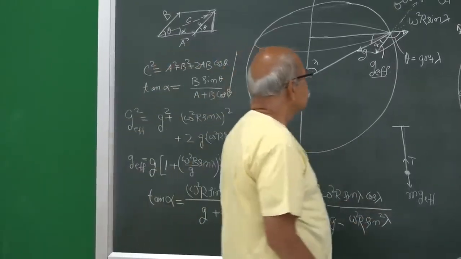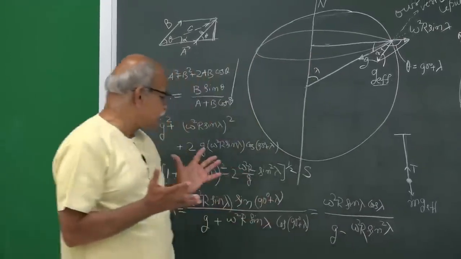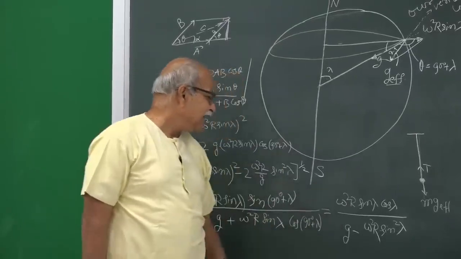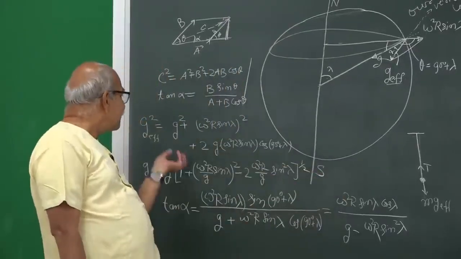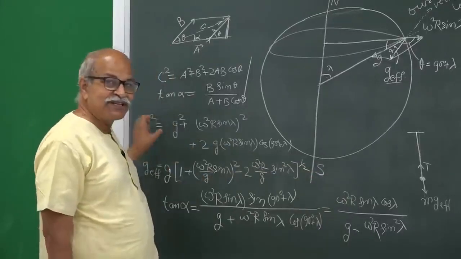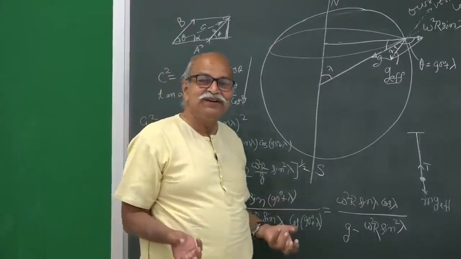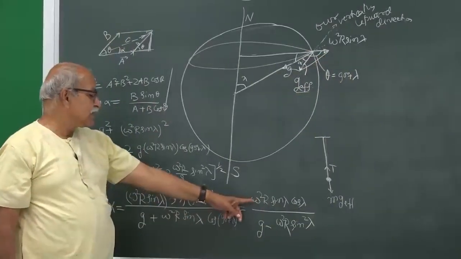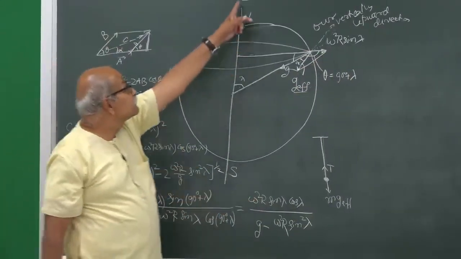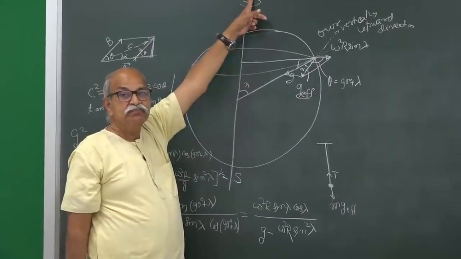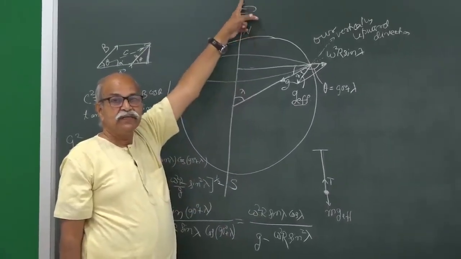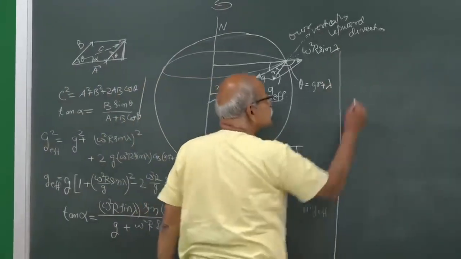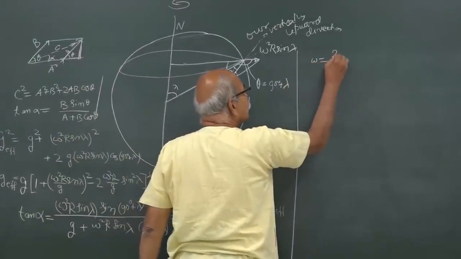Okay. So, let us work with numbers. How much is omega, how much is capital R, and so on. So, how much will be alpha and how much will be this G effective. So, let us have some feel of numbers, right. So, start with this omega. What is this omega? This omega is the angular speed of rotation of earth about its axis, and you know how much it is. This will be 2 pi.